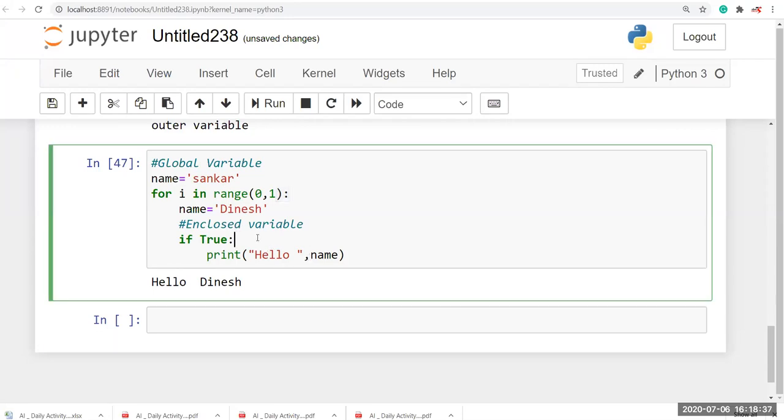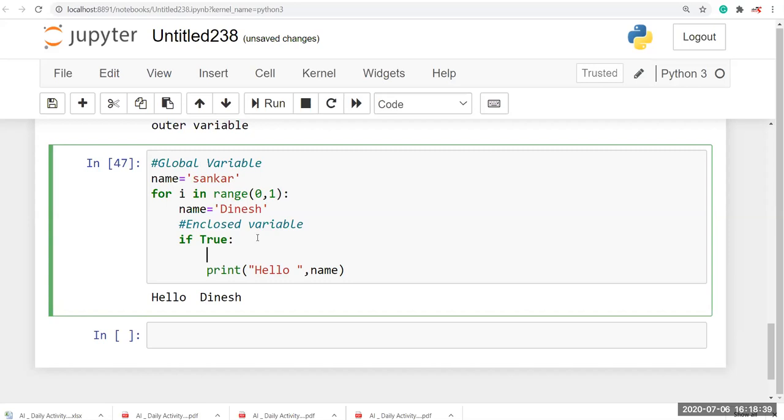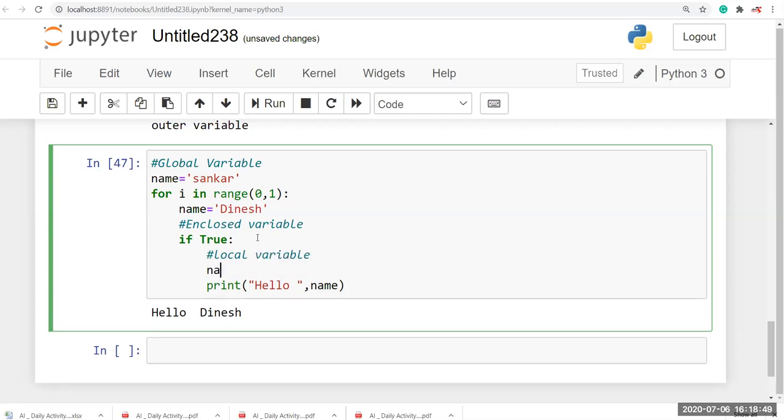Okay, then after that we'll go to the local variable, name equal to Suresh. Okay, so now you can see this is global, enclosed and local variable.